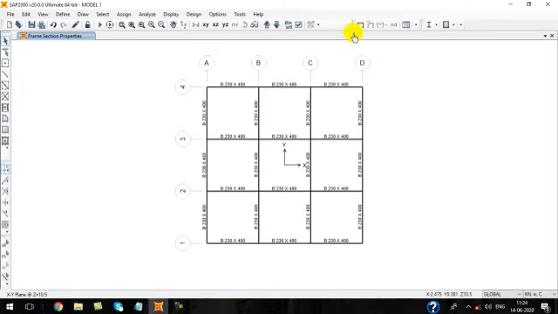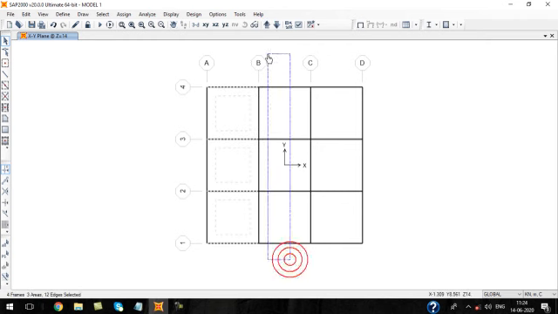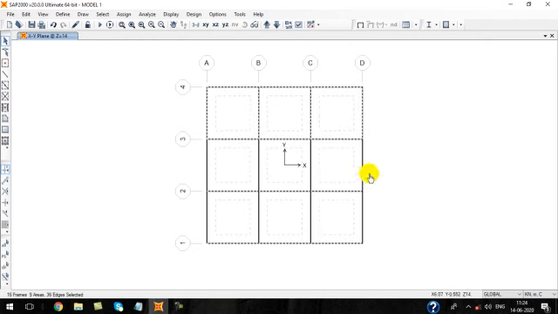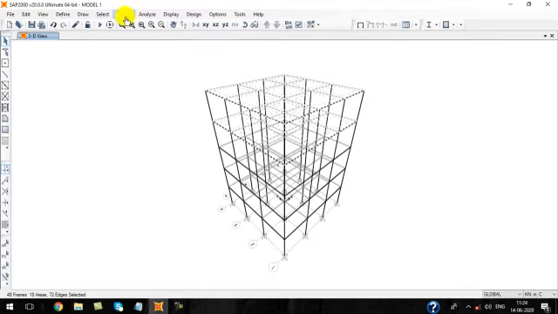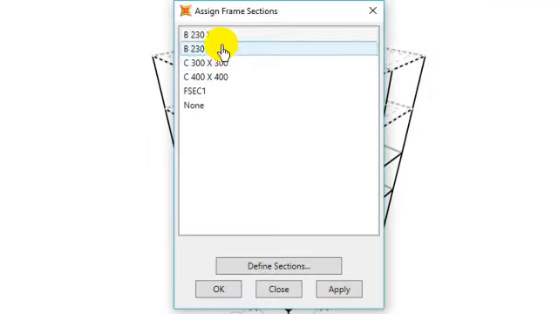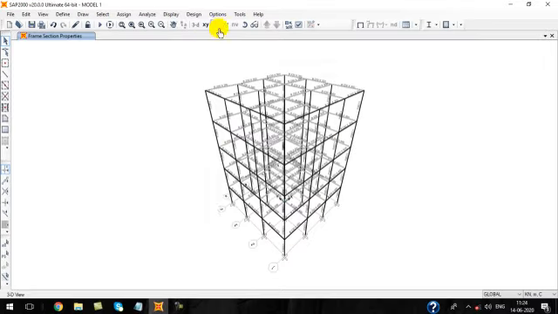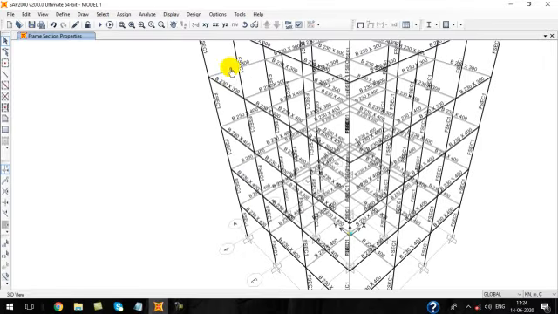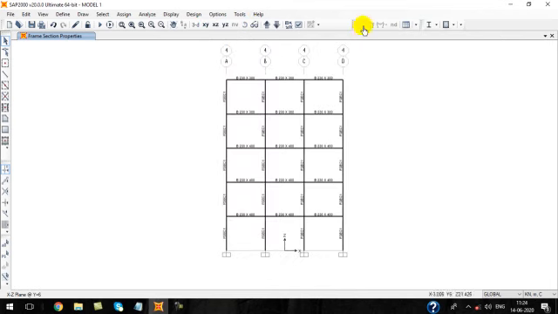Now again x-axis, change it to the undefined one, change to this direction. By 300. Okay. Now just zoom in and see 230 by 300 and bottom 230 by 500. Okay, no problem.